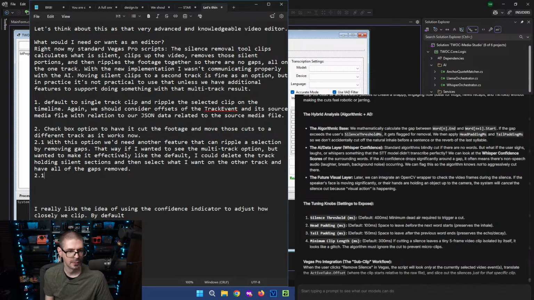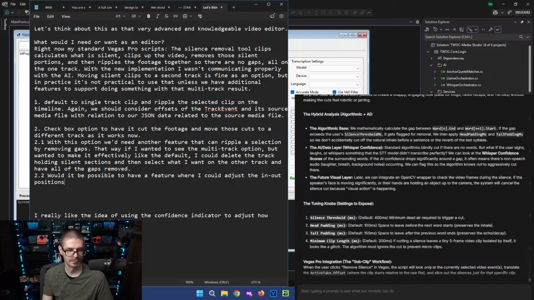And how positions. Man, that's difficult though, because I don't know.